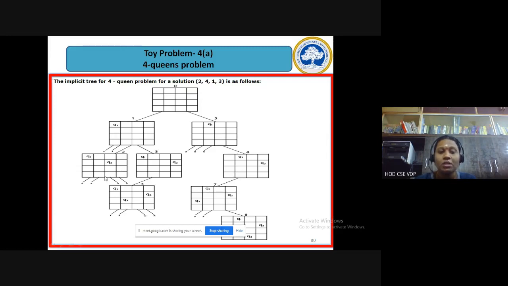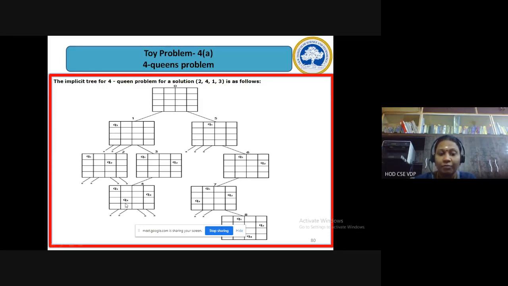So what you do is you stop with this solution and then you have to backtrack to the place where you left. So when you say where you left, you have to go to 2 comma 3, and then you are moving 2 comma 3 to 2 comma 4. So once this is done, then again you have to try placing the third queen. So third queen can be placed in 3 comma 2, 3 comma 1 not possible, right?